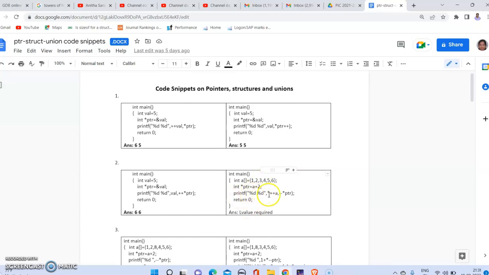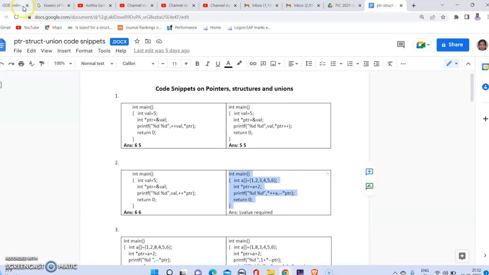Now in the printf %d, *++a, --*ptr. So here first the ptr, when you dereference, you are going to get 3, and that value will be decremented, so it has to print 2. And here *++a will be evaluated such that first a has to be incremented and then it has to be dereferenced. And since a is an array and the address of a is a constant value, I cannot change the address of a by doing a++. So you will be getting an error, L value required. But if you don't have *++a, then --*ptr has to print the value as 2. So let us verify this